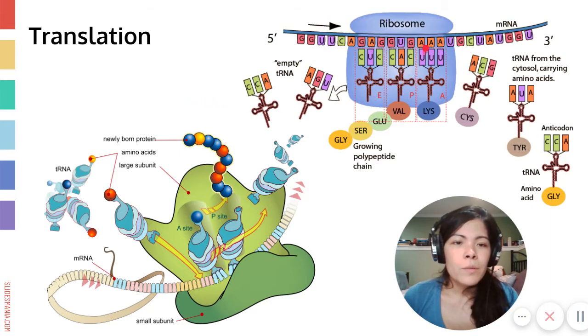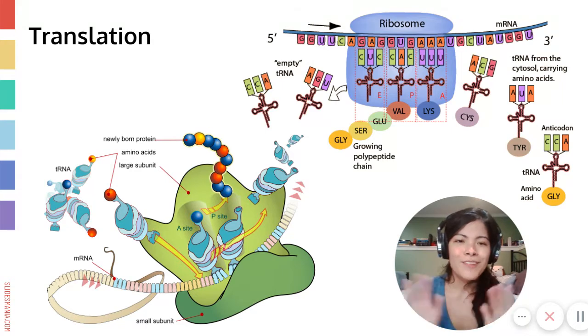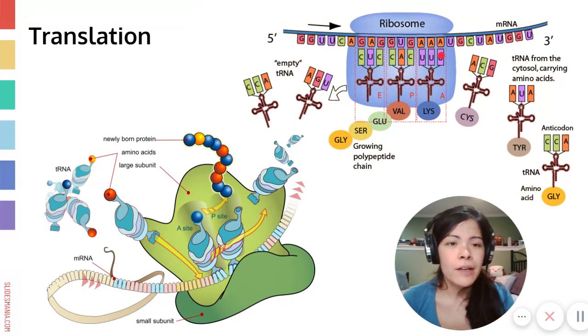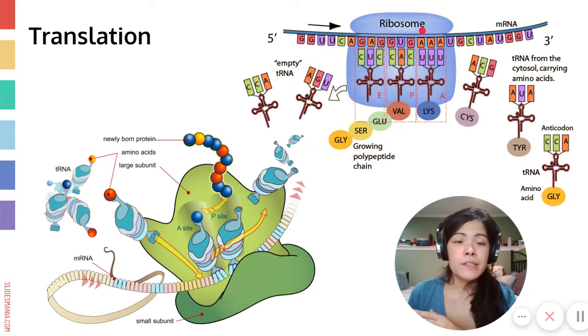So we'll get way more into detail for these processes, both transcription and translation, when we get into the actual molecular genetics unit. Right now we're sort of in the introduction, so this is a little bit big picture, but basically what you need to know for right now is that if there's a specific codon, that codon is going to call for